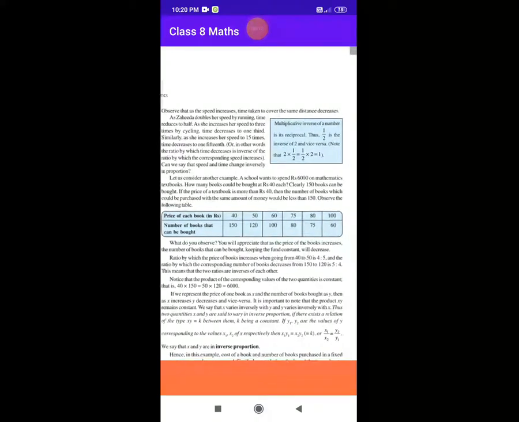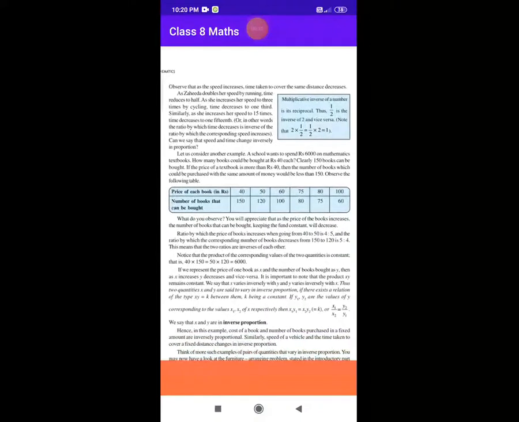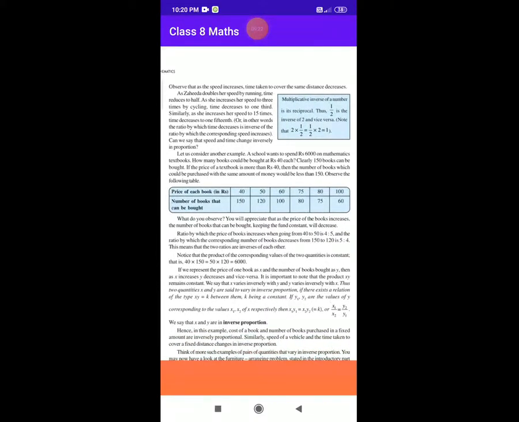If we represent the price of one book as x and the number of books bought by y, then as x increases, y decreases and vice versa. It is important to note that the product xy remains constant. We say that x varies inversely with y and y varies inversely with x. Thus, two quantities x and y are said to vary in inverse proportion